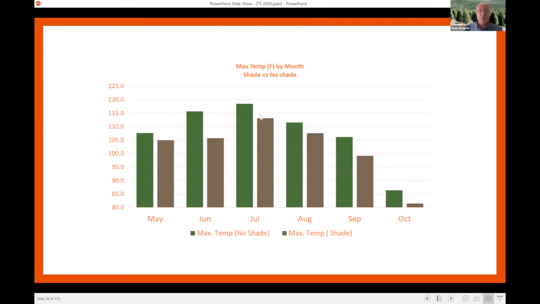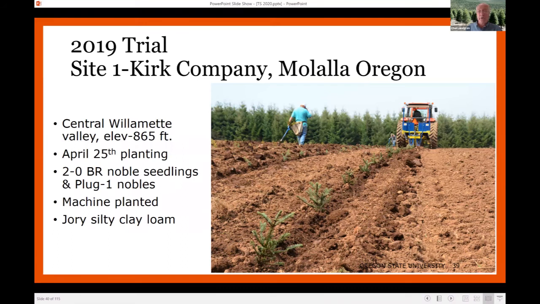So we got some relief with the shade on the trees, and there's nothing specific about these shade cloths. Anything that can provide some shade would help. We've used milk cartons, cardboard boxes, old shingles, anything that provides shade is helpful in keeping that temperature down. So we were encouraged by that trial in 2018, and in 2019 we did another trial with Kirk companies